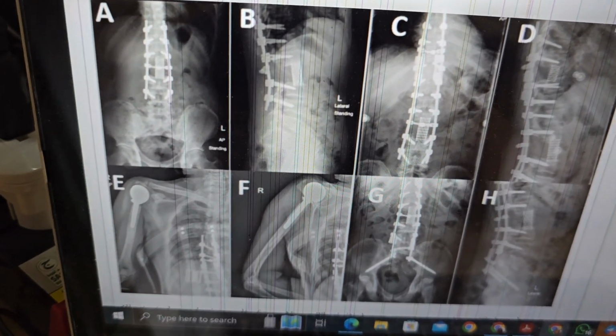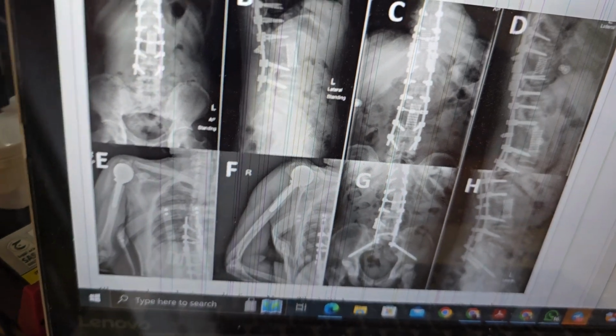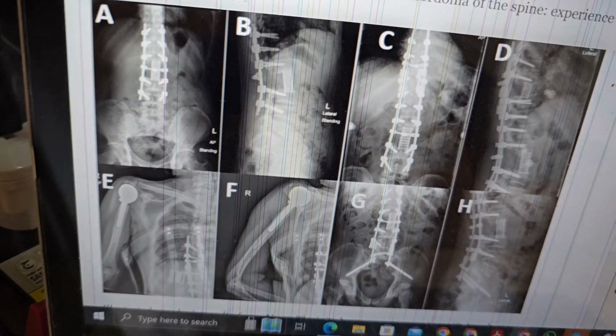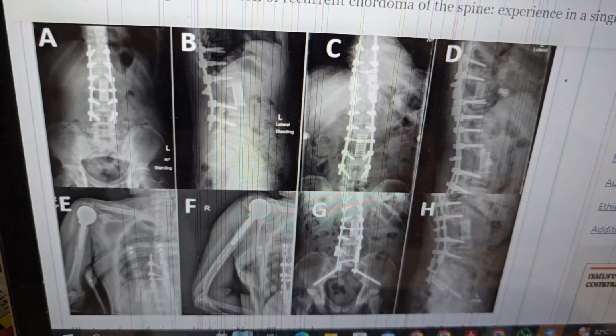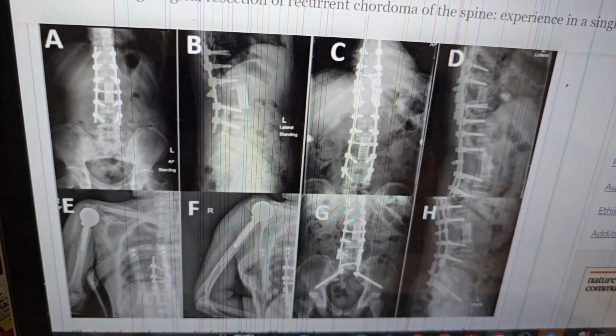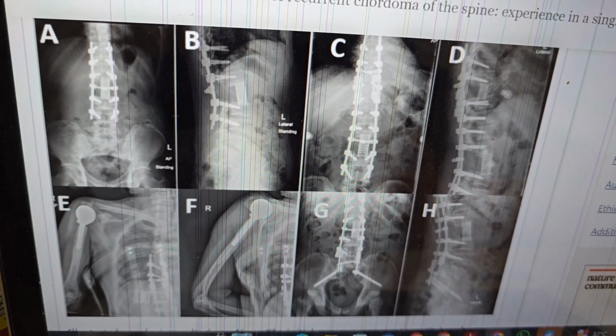I want to show here a very interesting picture regarding the treatment because I already presented the treatment here, and this picture will say a thousand words in front of you. In this picture, A, B, C, D, E, F, and G. You can see there in A, you can appreciate what was the extent of the disease, and what is the extent of the fixation in the AP X-ray, and you can see there in the lateral view, which is shown by figure B,